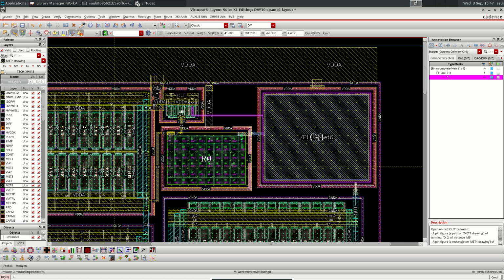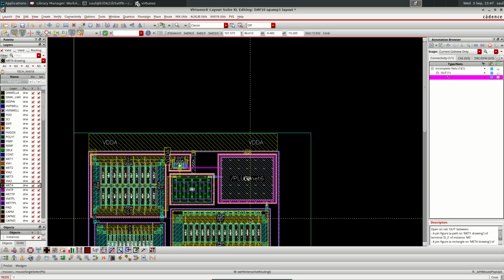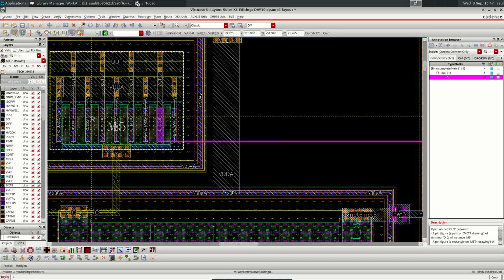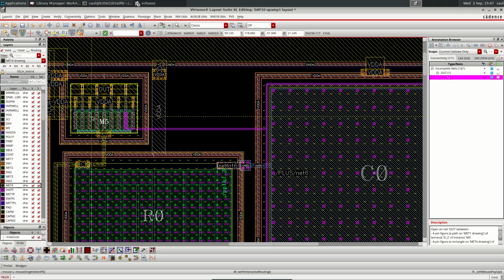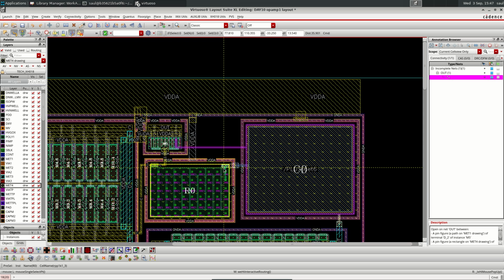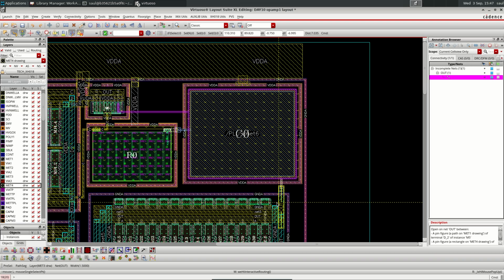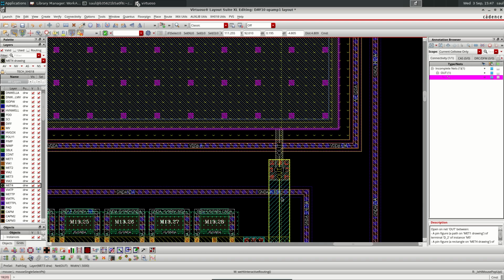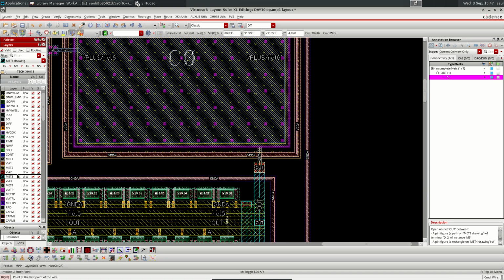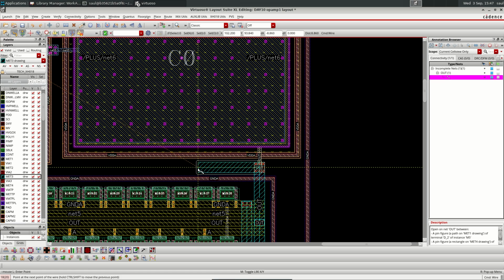Oh, of course, the output transistor. The output transistor needs to be connected to the output naturally. And then we have that one. We have the output here. The output transistor is a bit far away. We can bring it like this,